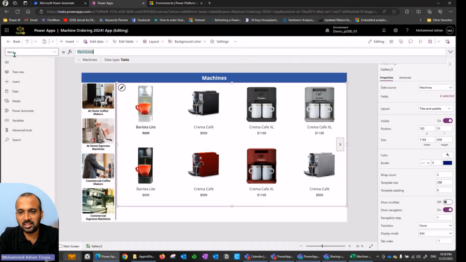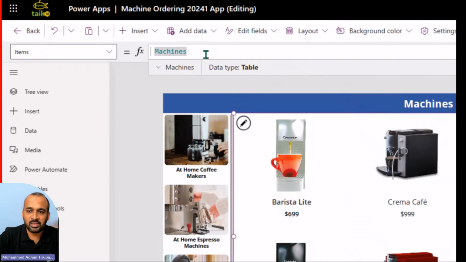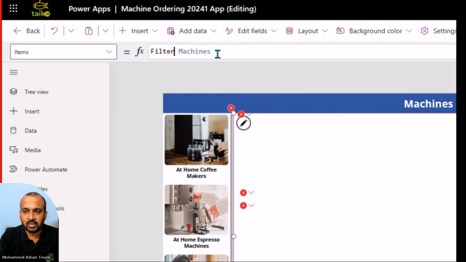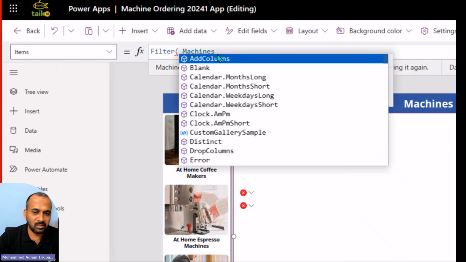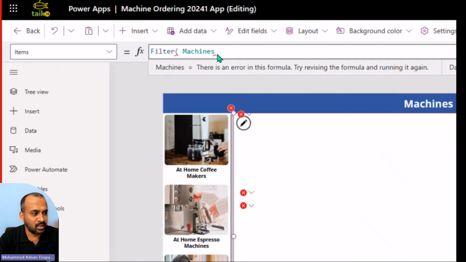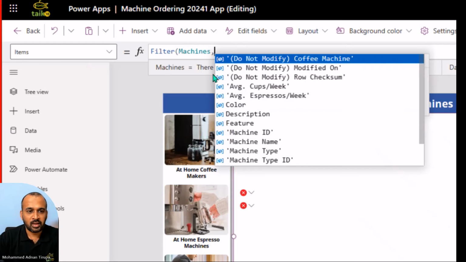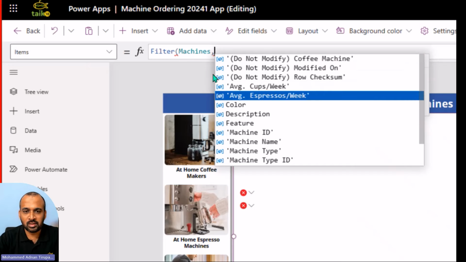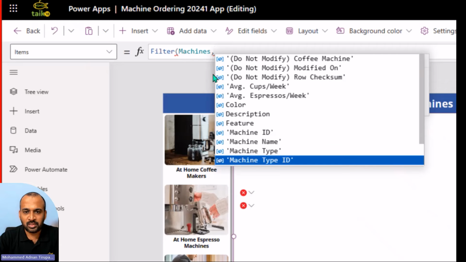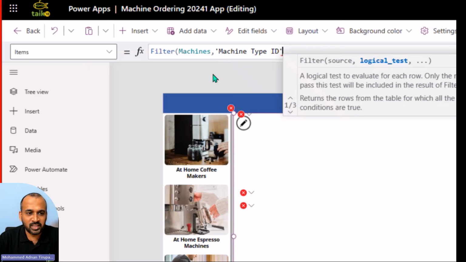So let's click on the formula bar, which is items and then machines. I'd like to go to the beginning of this one and type filter. And if I open a bracket, then the IntelliSense comes up here, asking me to add the data source first. And then if I click on comma, then we need to pass the filter function. So here the machine type ID is basically the one which is linked between the machine type and machines table. So machine type ID from the machine table, you can see it showing up here, filter, source, and logical test. So this is equal to